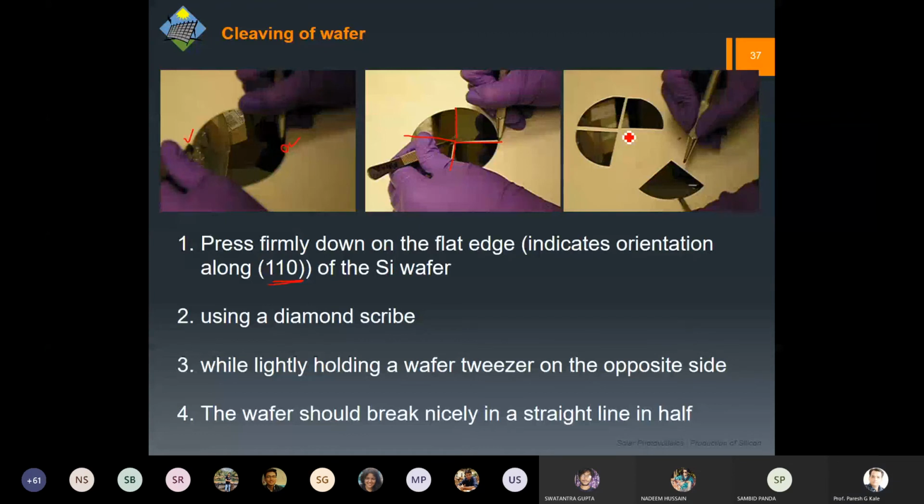Why is it cutting in a straight line? I will ask you this question in a different manner. Have you ever seen a car accident? Have you visited a car accident site? Yes, sir. Normally the glasses will be shattered. Have you observed the shape of the glass? Yes, sir. But it will be intact.